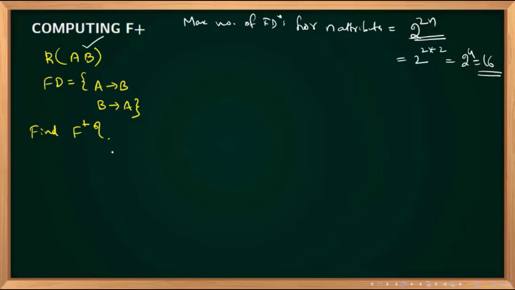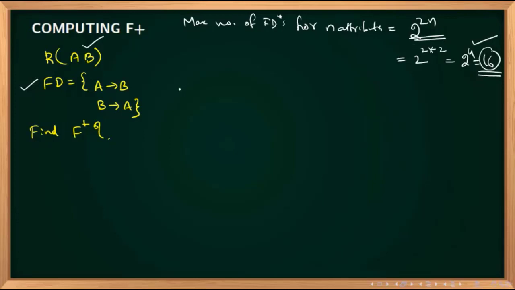Fine. So F closure, now if they have not given any functional dependencies, we can blindly take mathematically this many is possible. But if they are giving some functional dependency, that full 16 combinations may not be possible. So we have to find out for the given relation and the given functional dependency, how many explicit functional dependencies and implicit functional dependencies are possible. Out of this, the total will be maximum up to 16 only.